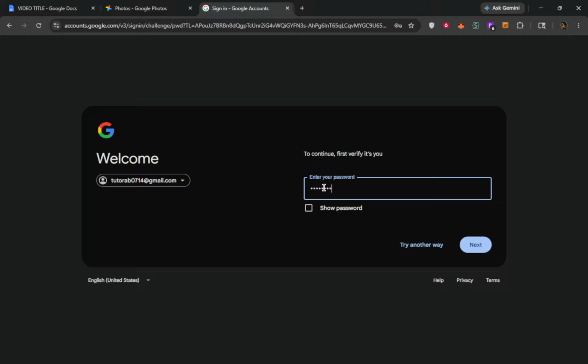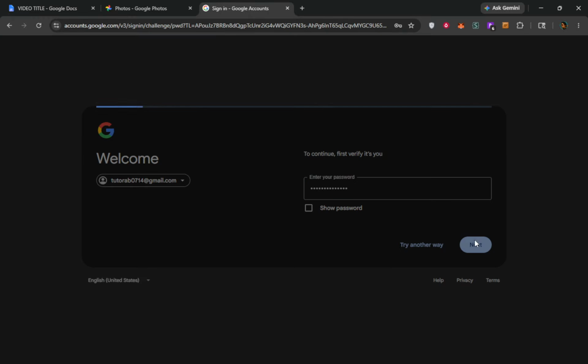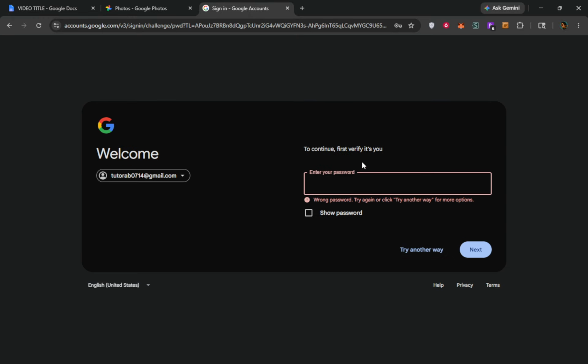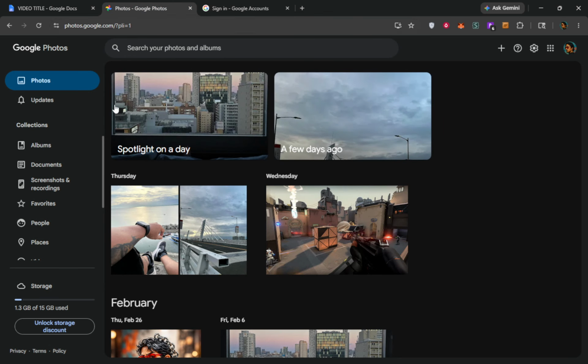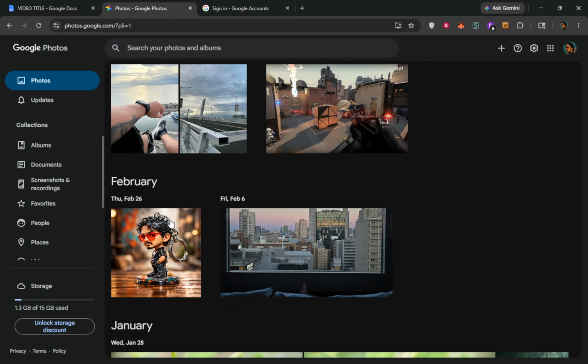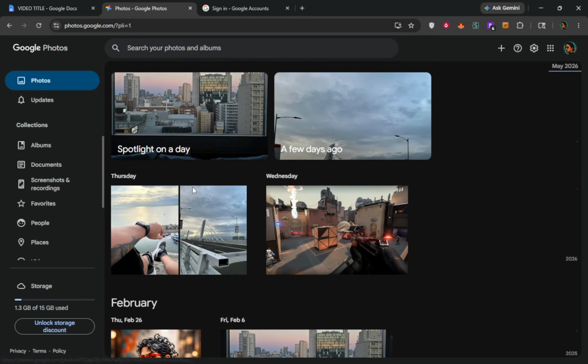If you want to keep your Google account but remove your photos and videos from Google Photos, you can delete only your photos data. Head to photos.google.com and make sure you're signed in to the correct account. Select the items you want to remove. On a computer, you can press Ctrl+A to select everything in the current view. Click the delete icon, which looks like a trash can, and confirm to move your selections to the trash.